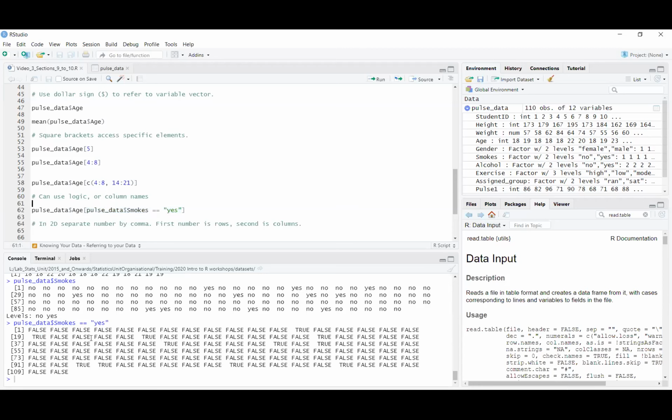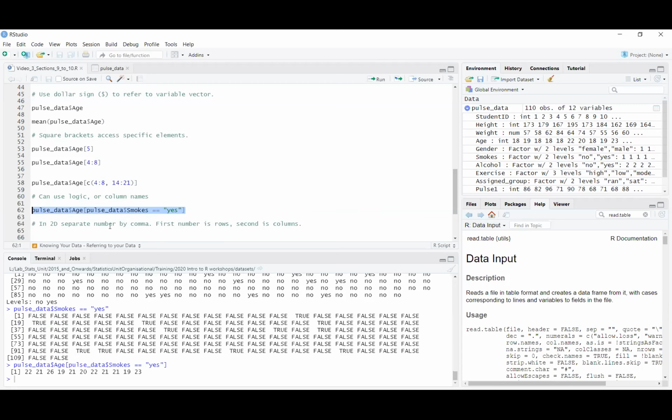Yeah, so using this vector, we can access just the ages that correspond to students who said yes to smoking. So putting it all together, highlighting the line of code and hitting Control Enter, we get the ages of the students who smoke. Just one technical thing: the vector we put in the square brackets, if we're using a logical vector,